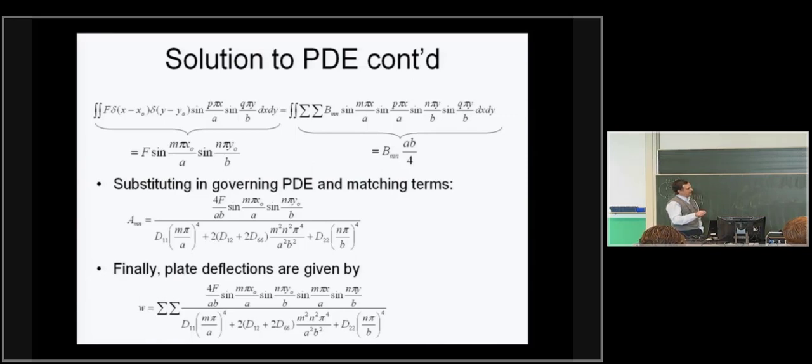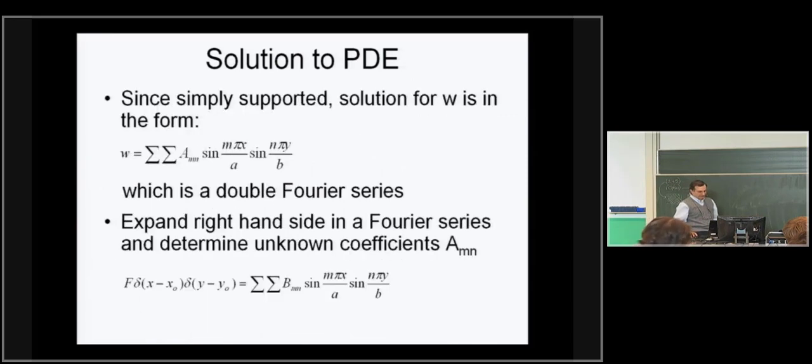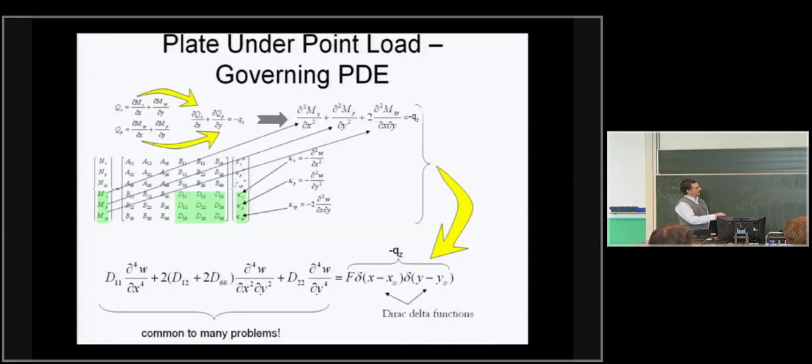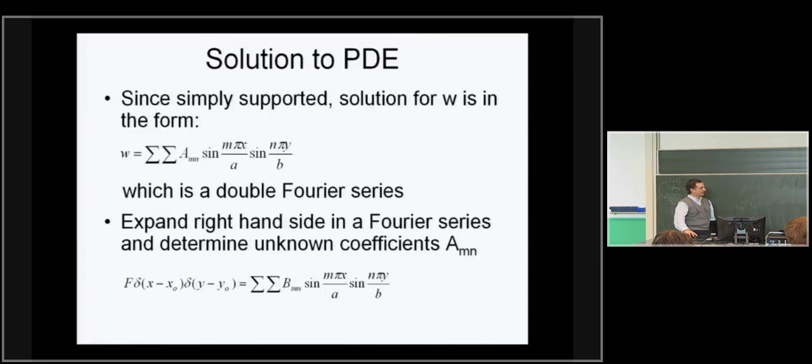So I can replace directly the p and q on the left-hand side with what I know from the integration on the right-hand side, which will be my only non-zero terms. To make a long story short, my B_mn times ab over 4 has to equal this left-hand side, so I can calculate my B_mn. And knowing my B_mn, I can go back to my series expression here, substitute W in my governing equation on the left-hand side, substitute the B_mn sine times sine on the right-hand side, and equate now the coefficients of the different terms that have sine m pi x over a